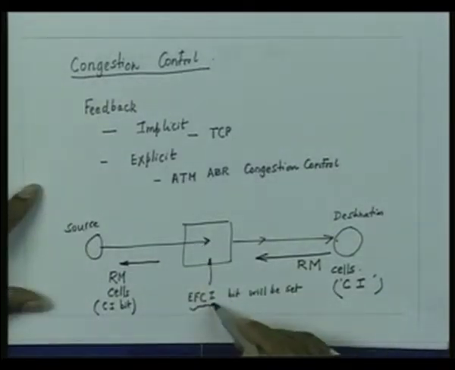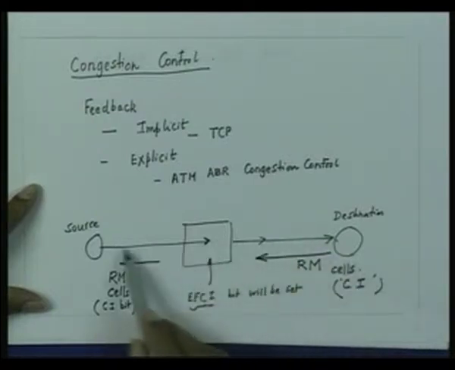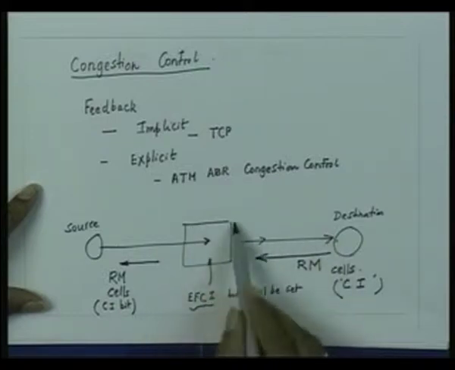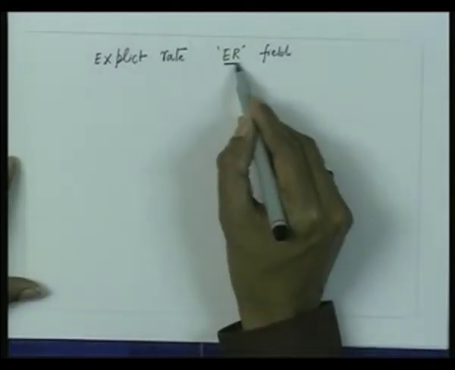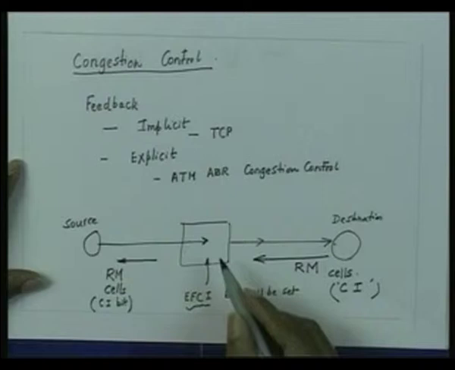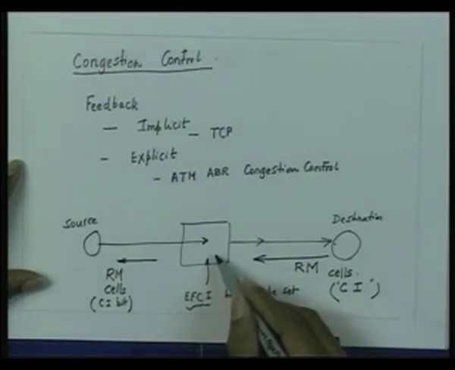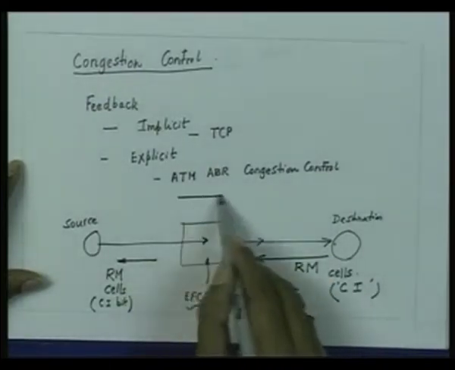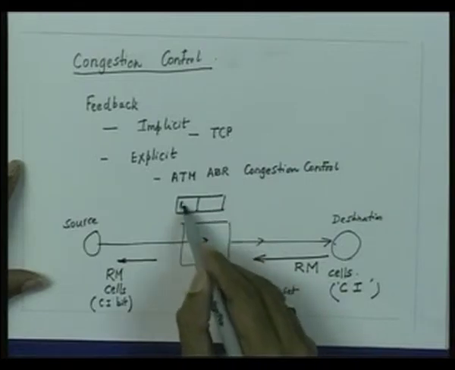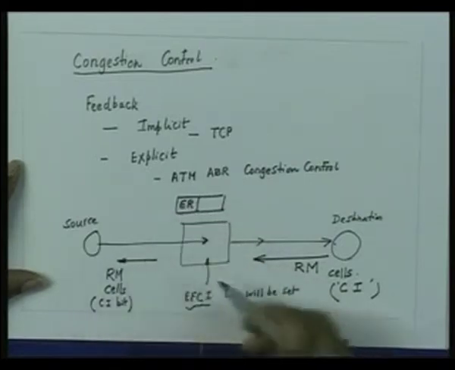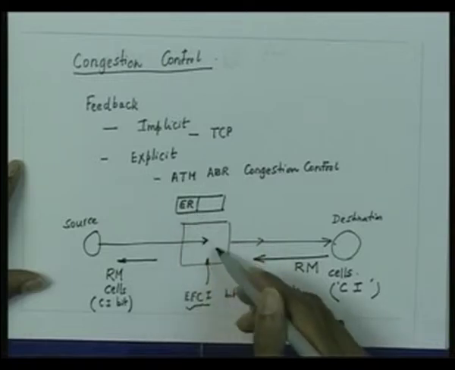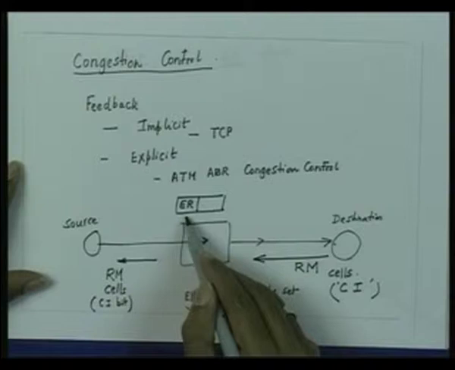will set the EFCI bit, which is just an indication to the destination that along this path some switch is congested. However, if there is an ER field, then this particular switch can also set the rate that it is expecting. Now, this ATM cell may already have some rate field inside. If this rate happens to be larger than what the switch expects the source to transmit, then it can